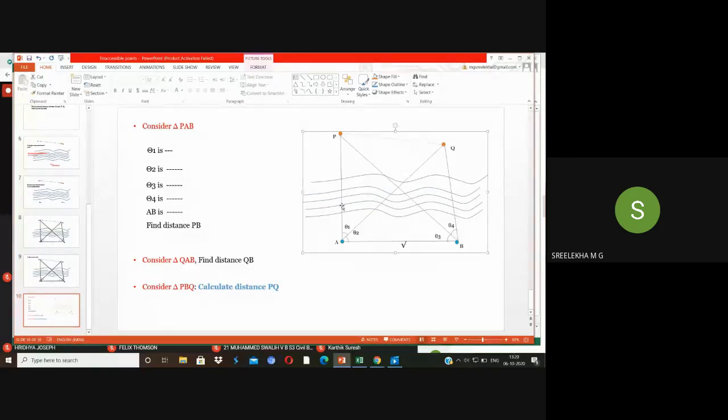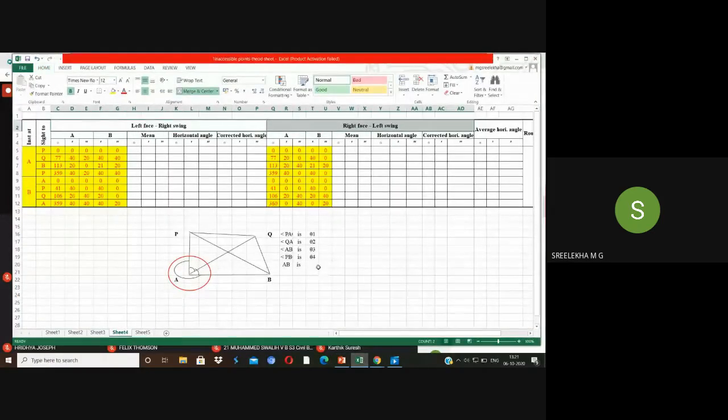While in the right face, it is going in the anti-clockwise direction, but if your angle included, it is the exterior angle, you will have to minus that angle. Then only you will be getting the included angle between. Okay. So in that case, first of all, we'll be sighting to the point B. We'll be getting the angle from P to the point B first of all. Similarly, sighting to the point Q, we'll be getting the angle from P to Q. Okay. So that is, you'll be going in the reverse direction. That's all. So take these values.